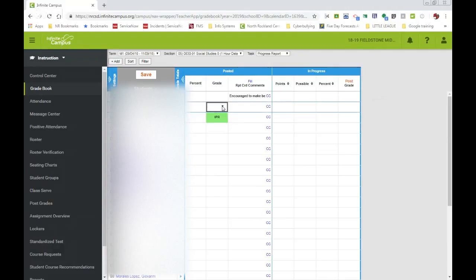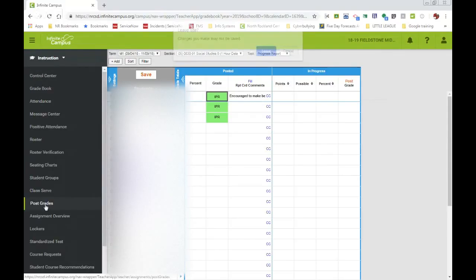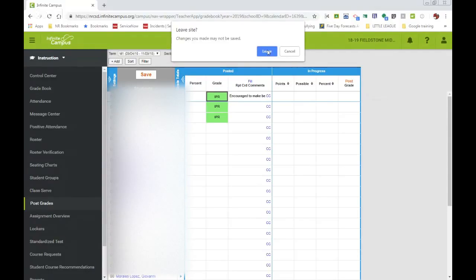This is a very important piece here. People a lot of times forget to select that IPR down this column. So please make sure you go ahead and do that. The other place that you can do this work is in Postgrades. So if I select Postgrades,